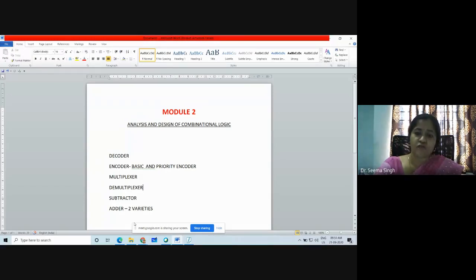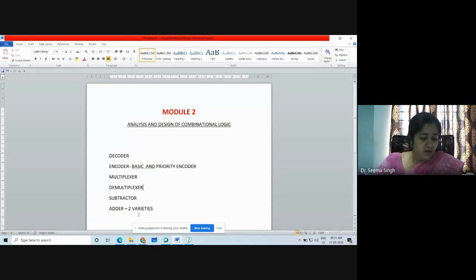So such questions of a multiplier or anything like that can come either in module 1 or module 2. Because that comes under design of combinational logic, you can design it using these gates, or you can also design it using these application circuits. All that is listed here are the application circuits which we use for various purposes. So to start with, we will see the decoder today. Write down your topic name as decoder.